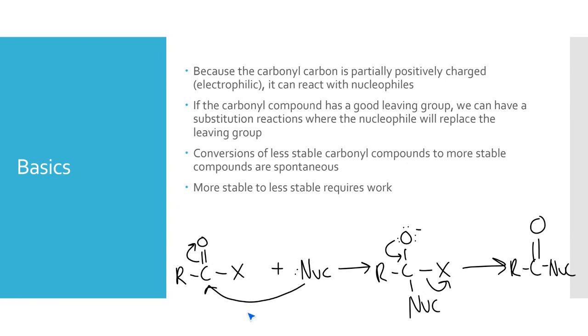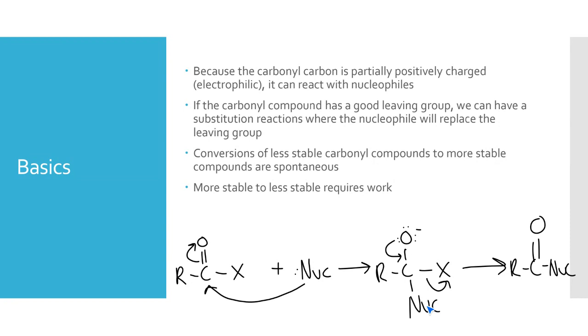So here's the basic general mechanism for this. We have our carbonyl compound, our acyl derivative. We want a good leaving group here so we can have a substitution reaction. And then we'll have a nucleophile. Since this carbon is electrophilic, this nucleophile will attack the carbon and break the pi bond, the carbon-oxygen double bond. Those bonding electrons will stay on that oxygen and create an oxygen anion,